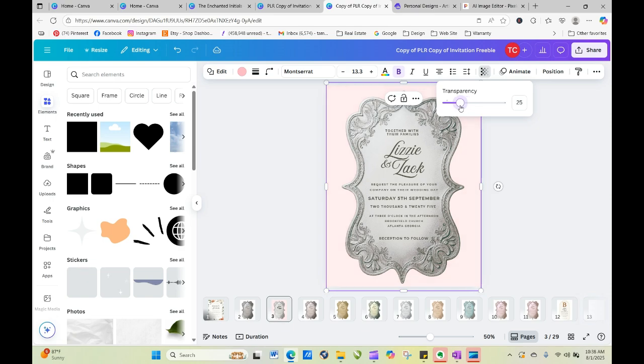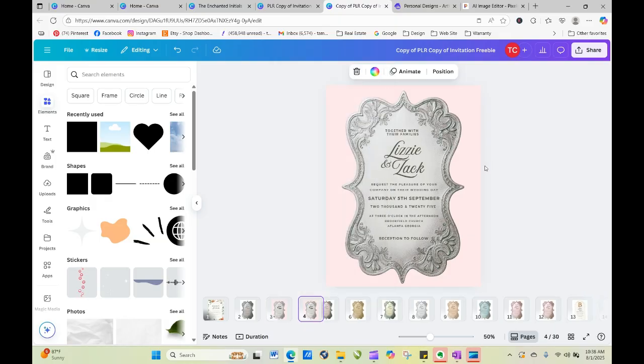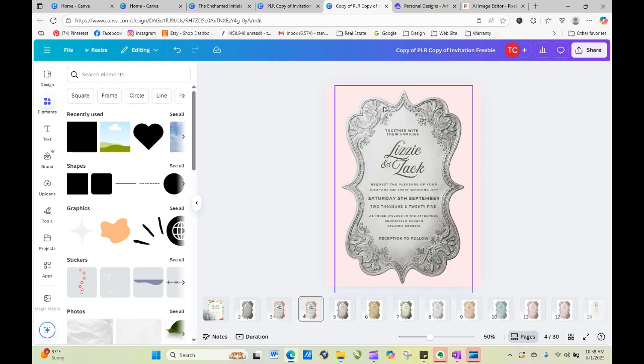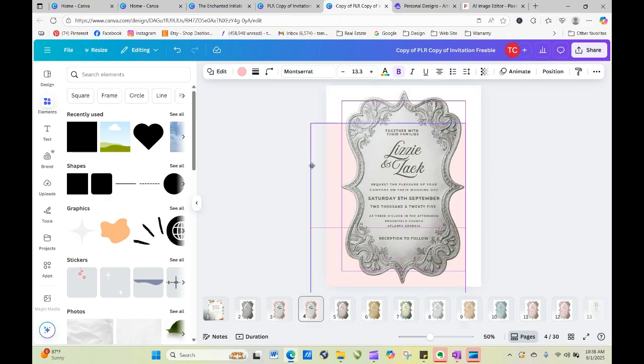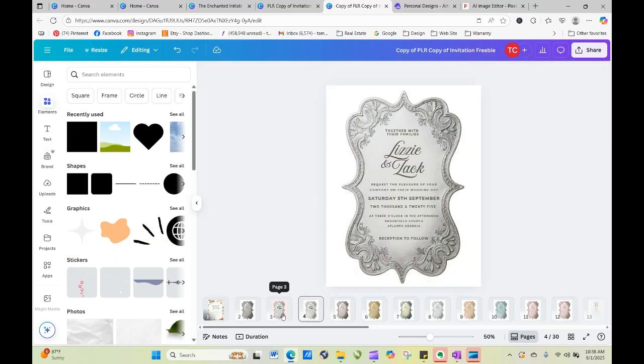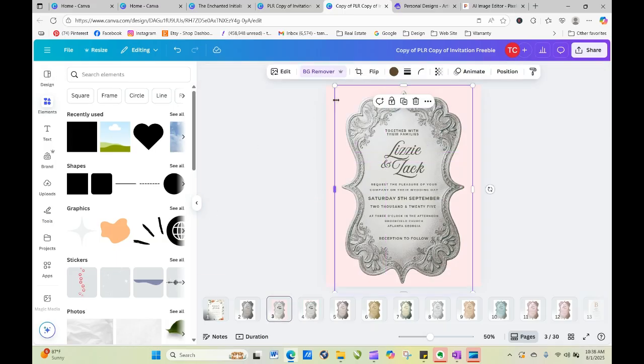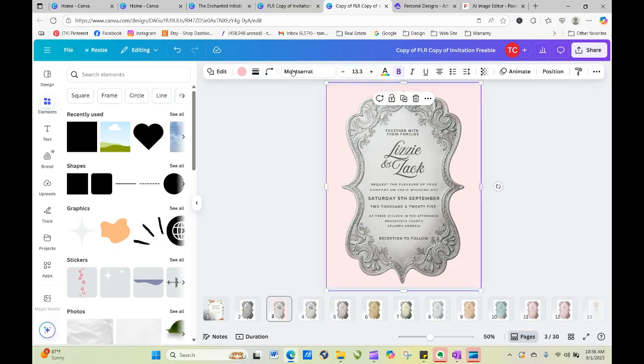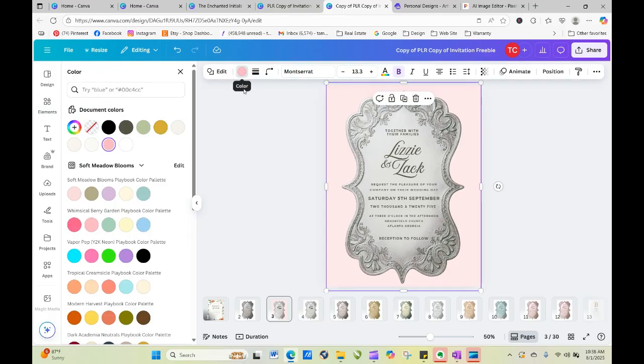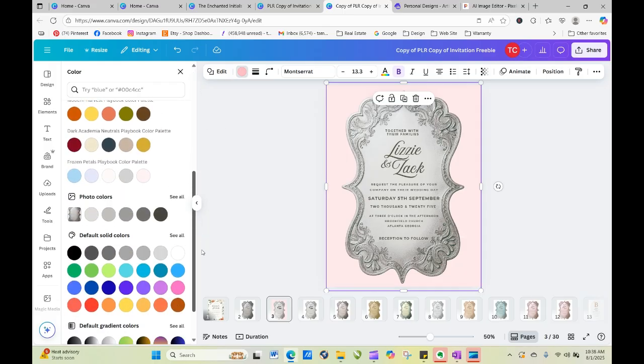so we could literally make this fit the different colors that a bride would want. So this is like a soft pink that we could do. And I really should not. I should have made a copy. Let me make a copy here. Duplicate it because I don't want it to be that way on all of them. So we're going to remove it. And then we're going to go back to the pink one. Okay, so with this one, we've got a pink. I probably wouldn't think most brides are going to go with a pink. So let's just say that we go with